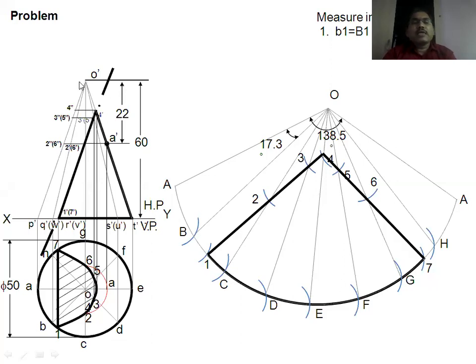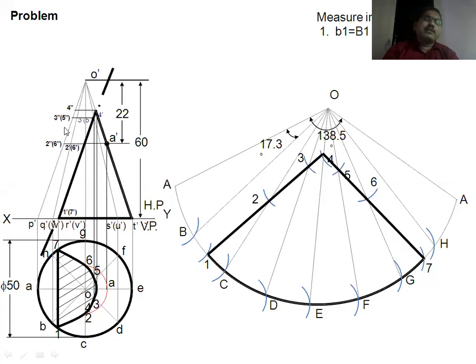So join this apex point to the respective points. Here the names are not written correctly because the names are not given in the top view, but you have to give the names as A dash, then B dash, and so on. So accordingly you change the names. This is a mistake here, as it is a ready-made problem referred from a presentation. So you make that correction.